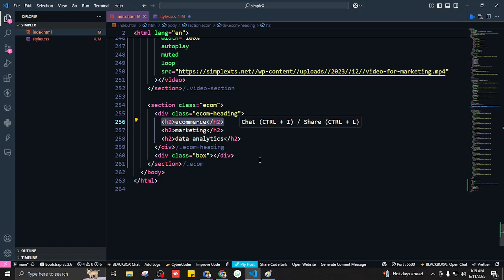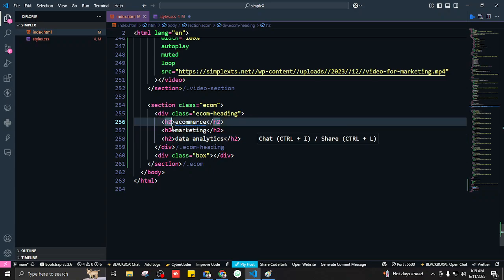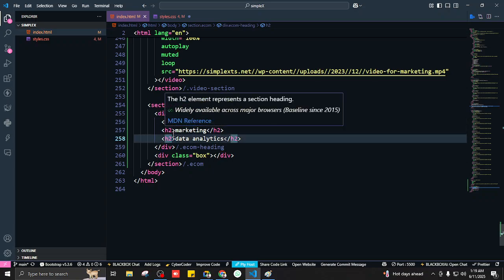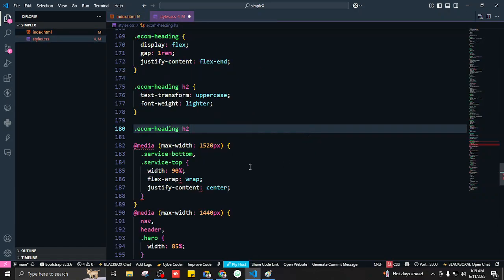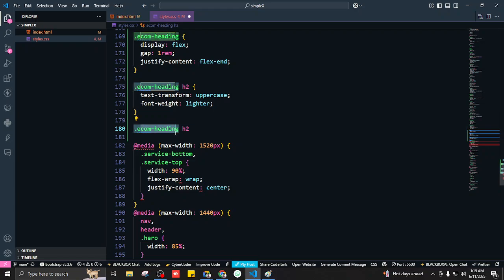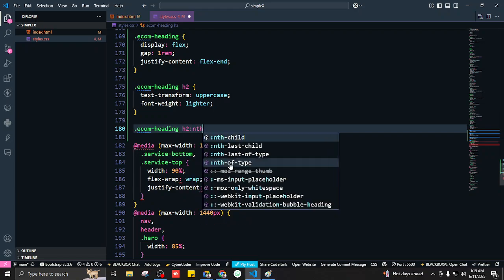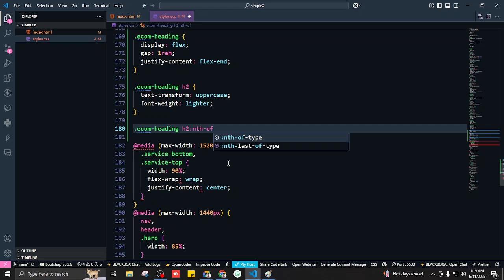So either we can give each one of them a separate class, and we can call that class in our CSS, or there's another way, another pseudo class like hover. Just like we have the hover pseudo class, we have another one called nth-of-type that selects a specific element out of all the elements you want to select. So we're going to say ecom heading, and then h2 is going to select all the h2s, but we'll say colon and then nth-of-type. Now this pseudo class expects a number,